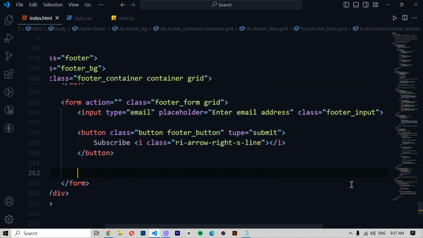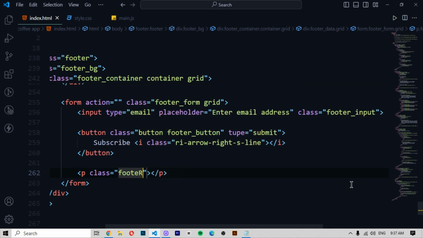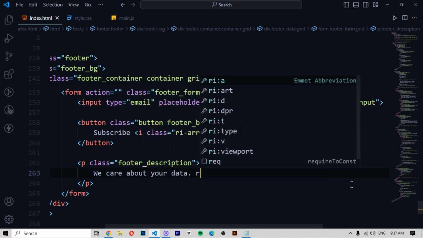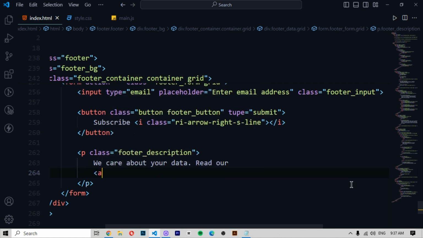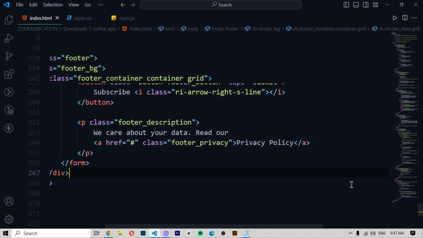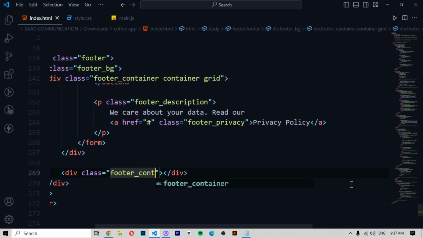Now what we can do now, press enter, now p class footer description. Now enter, then here we write like we care about your data dot read our. Now a href hashtag class footer privacy, and now here we write like privacy policy. Enter then div class footer content grid,